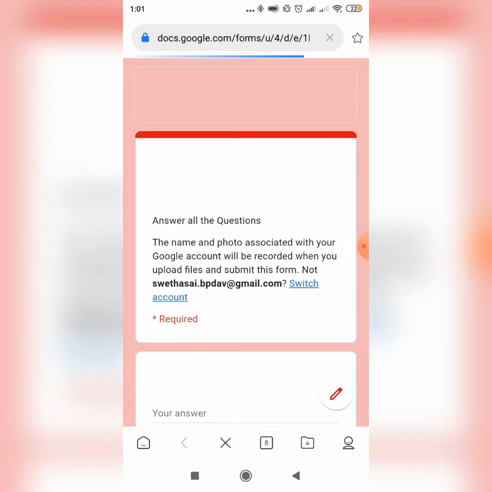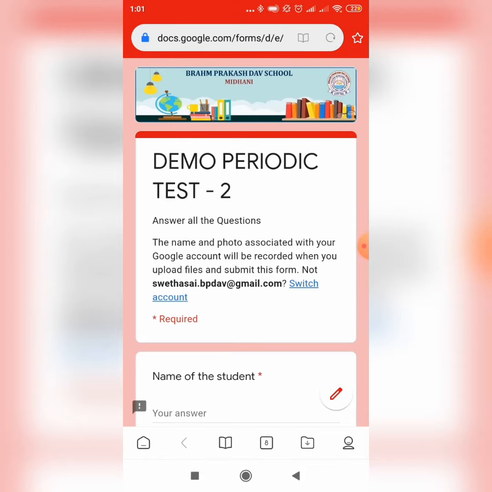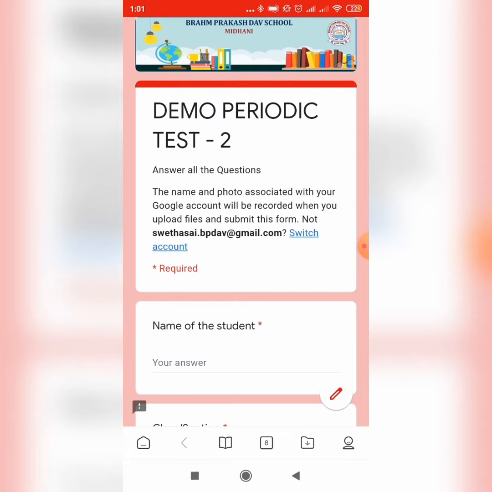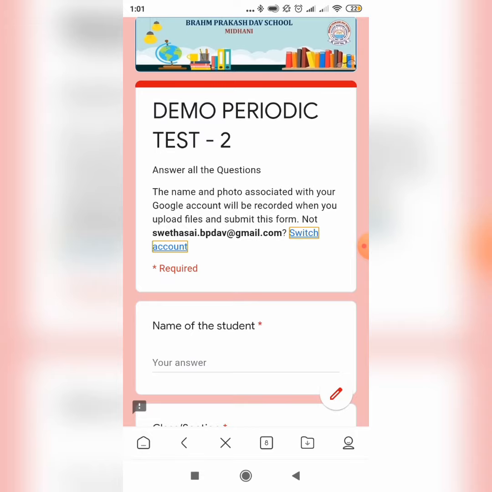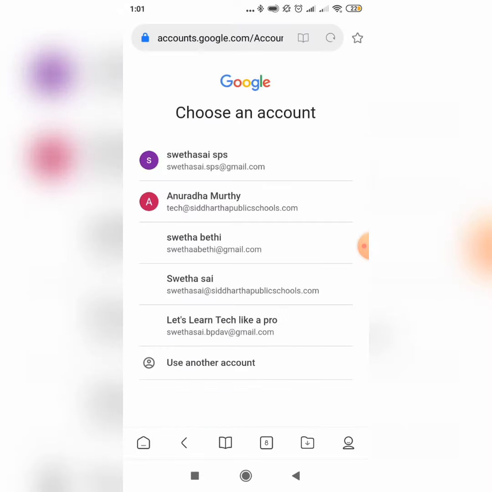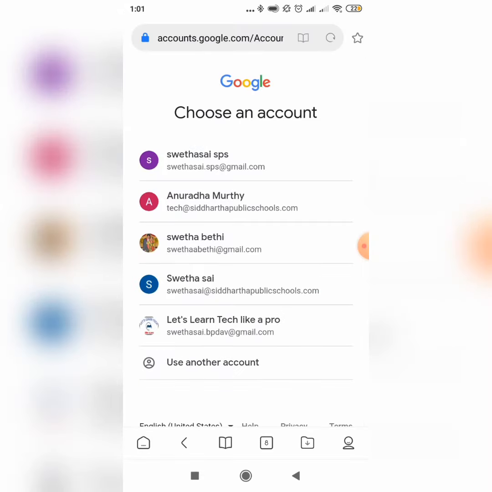The form will be opened for us in Google Chrome, and make sure you're attempting your form using your own account. For this, you have to switch your account if necessary to your own account if it is signed in with a different account.